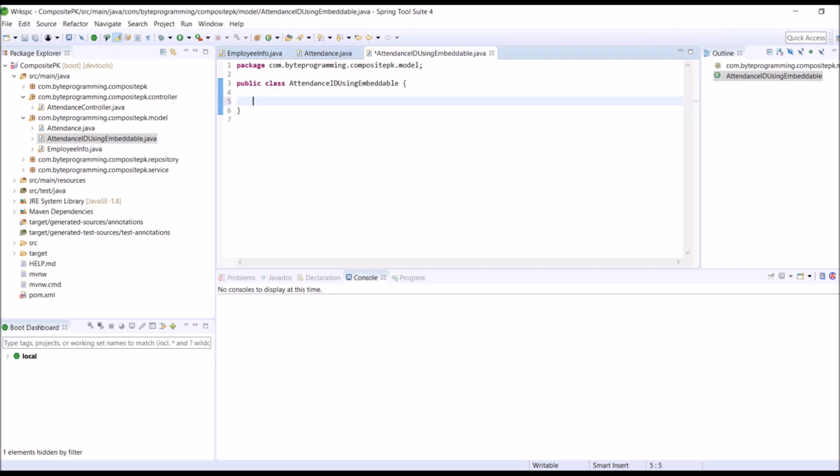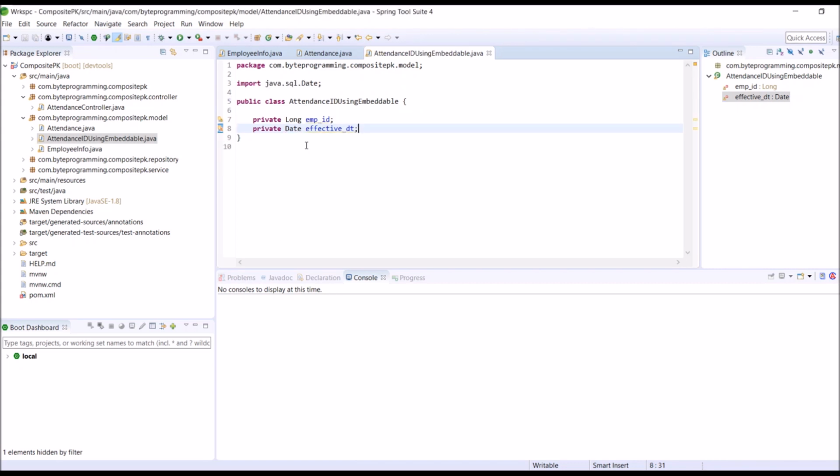Let's add a private long emp_id, and a private Date effective_dt. Import the Date.